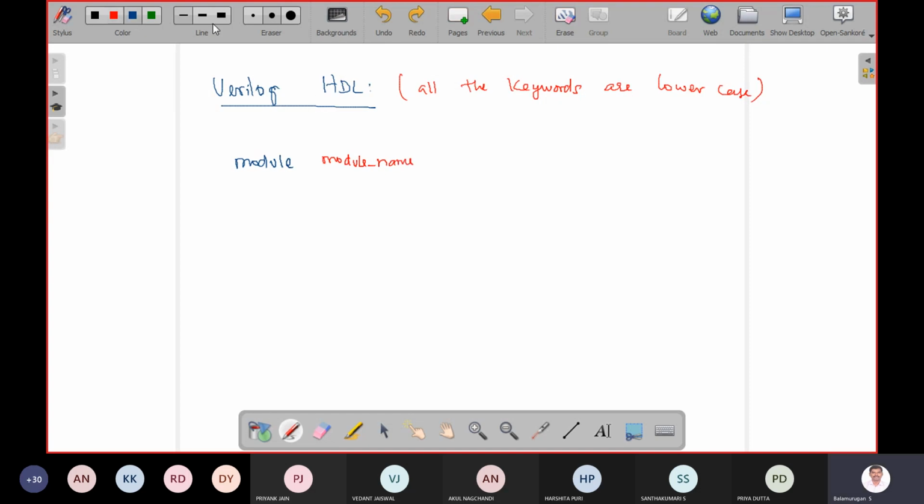Then this portion of the code is what we call the module header. In the first line you have three components. Module is a keyword, module name is a user defined variable, and the module header has information about